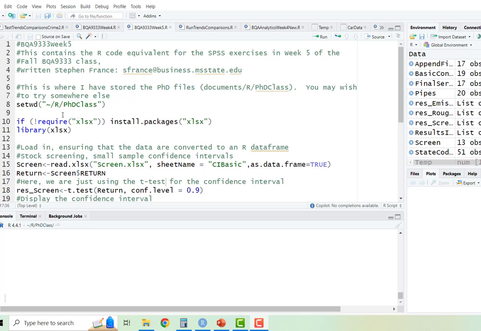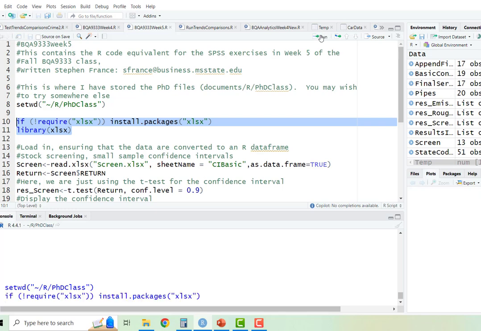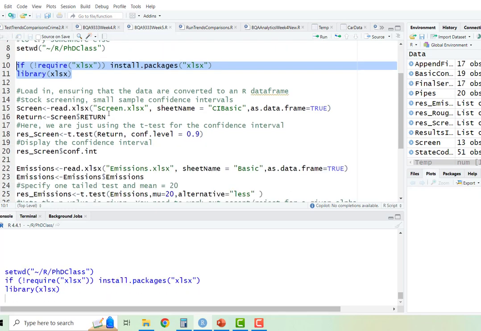Okay, so this is the R code for week 5. As usual, everything's in my PhD class directory, but you might want to store the files somewhere else. So I set my working directory. We're loading in Excel files, so we're going to require the Excel libraries. And we're going to load in